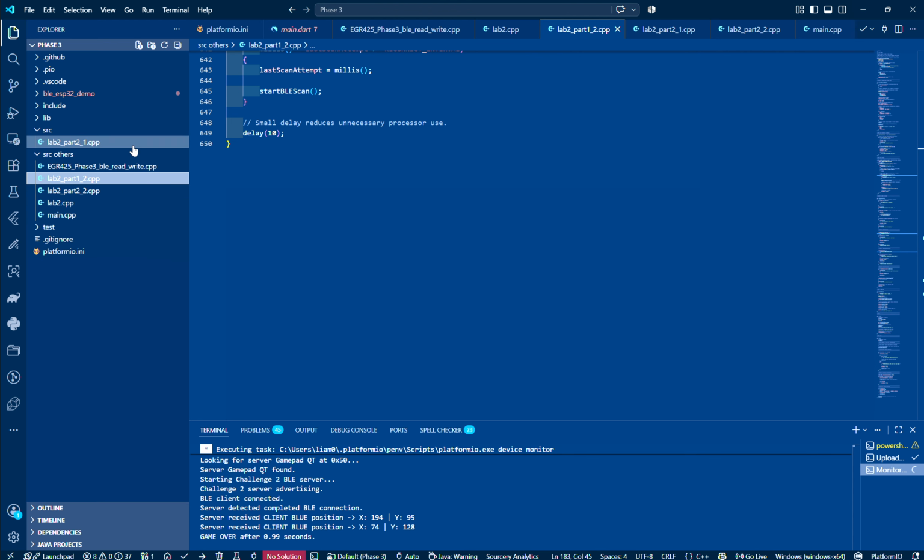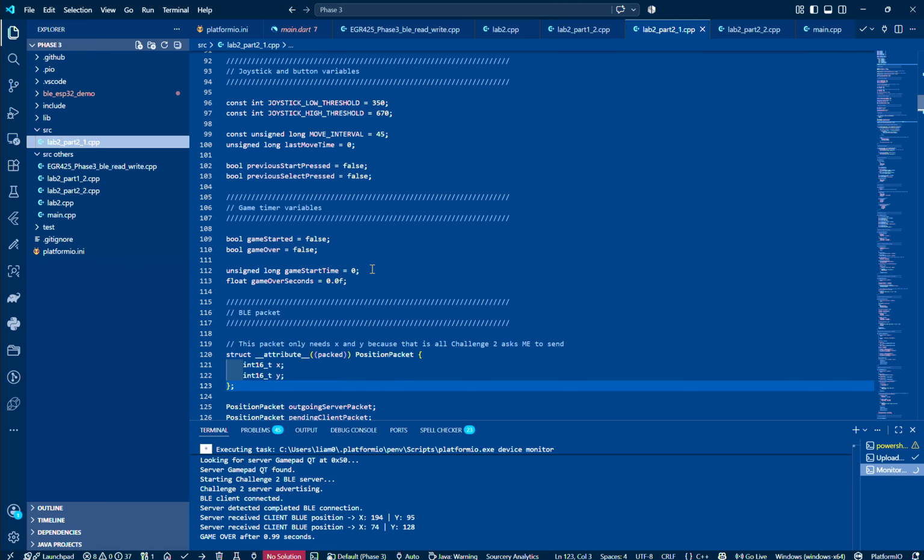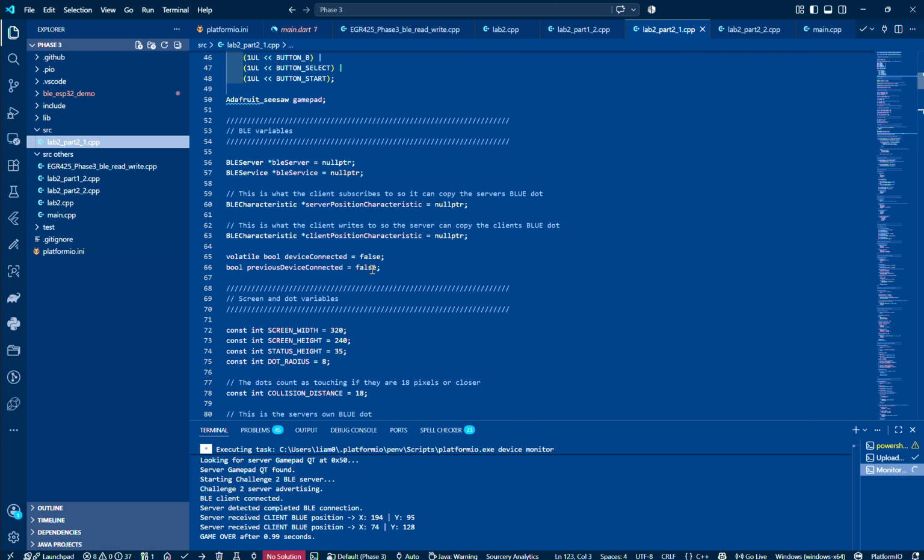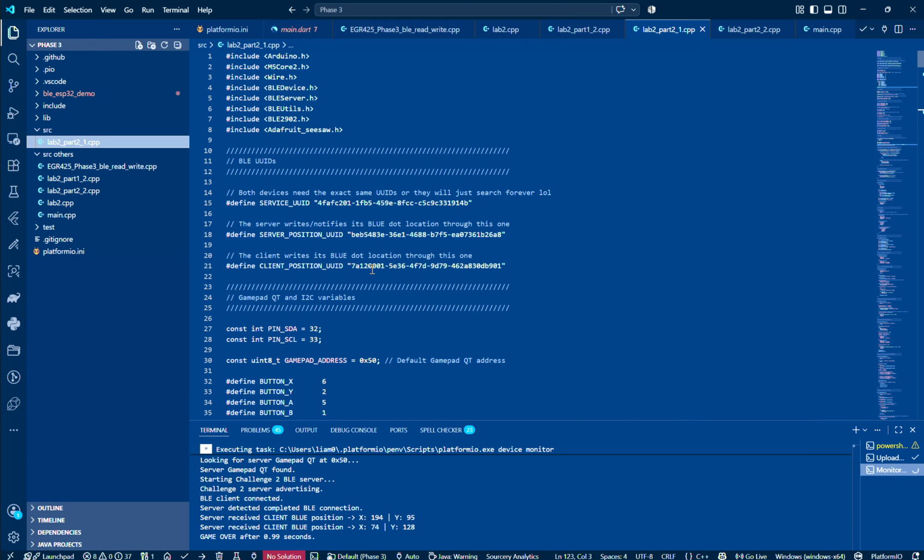And then for Lab 2 Part 2, which is Challenge 2, the only difference here was that there was going to be an opposing dot, and if they were fighting like in an online game, then it would do a game over. So the other one would just track the movement of what was happening on the other one. This one will be its own thing while connected to it, so they can fight against each other. And so this would, again, we want to define our UID, our position, and then, again, write to the blue dot,